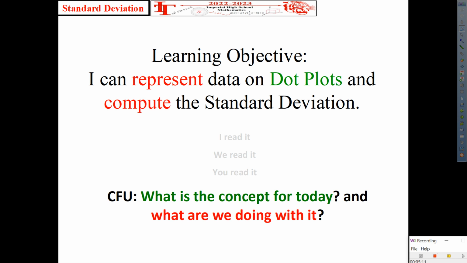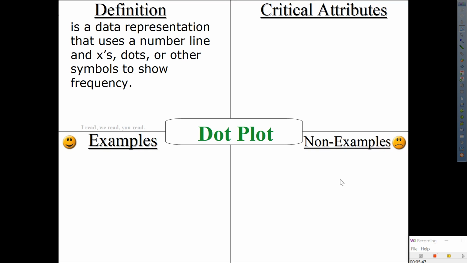Yes, since today we're looking at dot plots, you do need a frayer model, please. Our concept for today is dot plots. We are also looking at a different main idea, which is standard deviation, but I'm only going to do a quick intro again, because we are going to be heavily on standard deviation in the course. So today's just a big glimpse of what we've seen before, okay? So with that said, frayer model for dot plots, get that ready please.